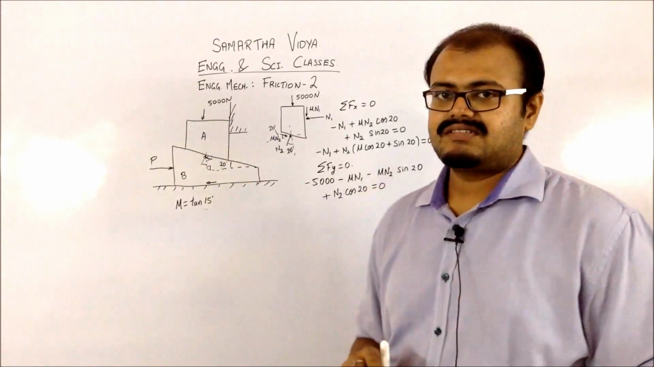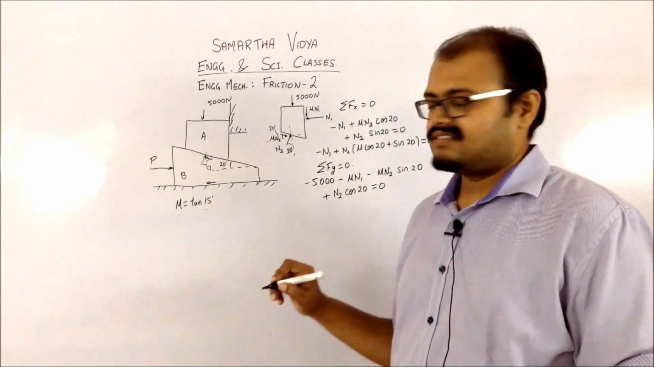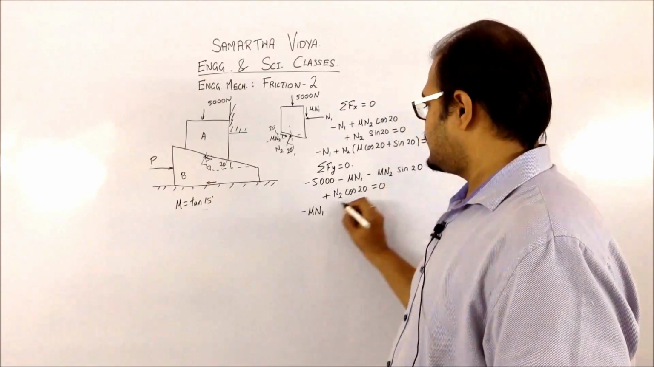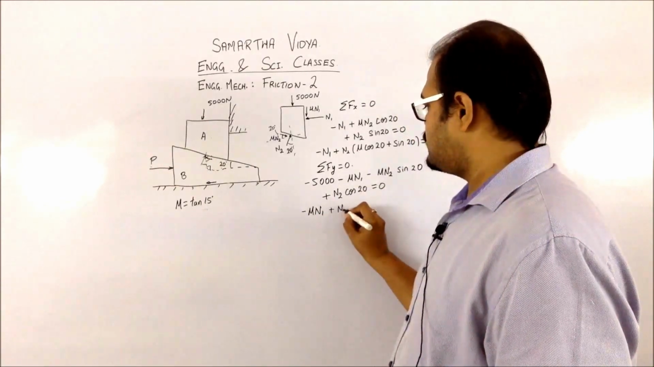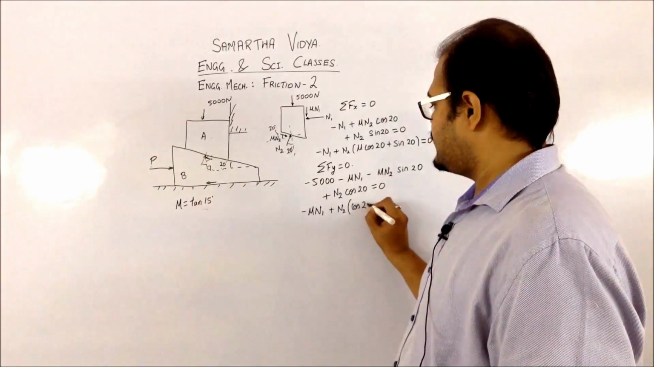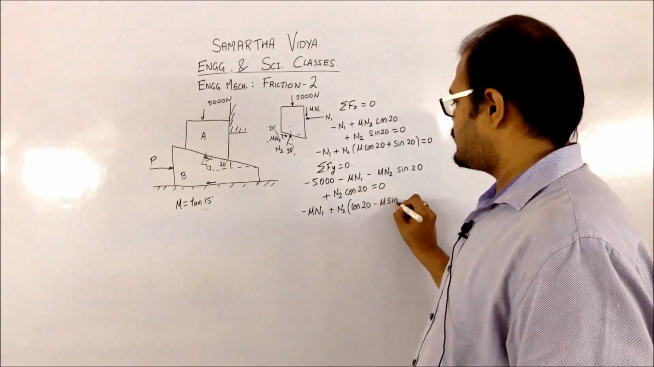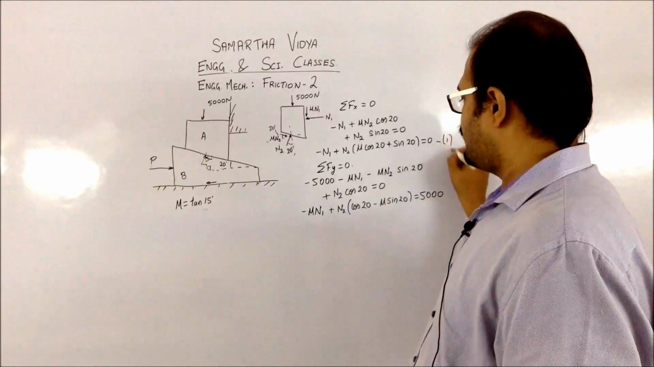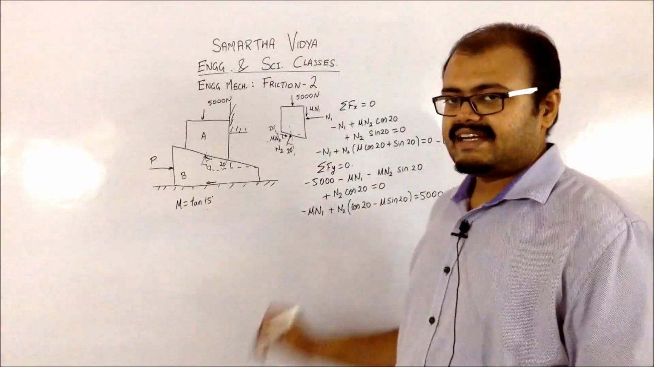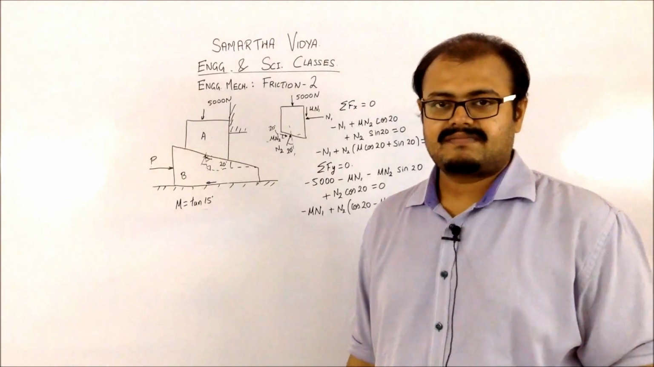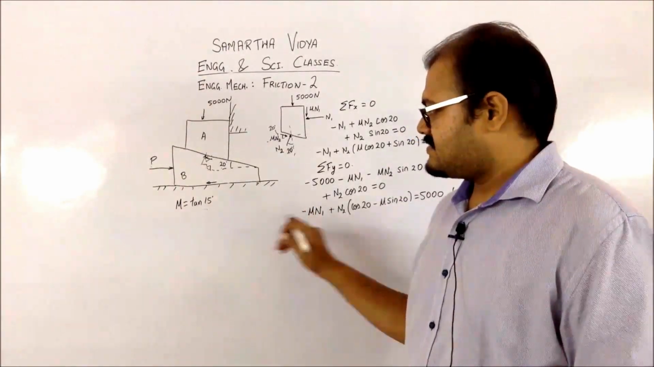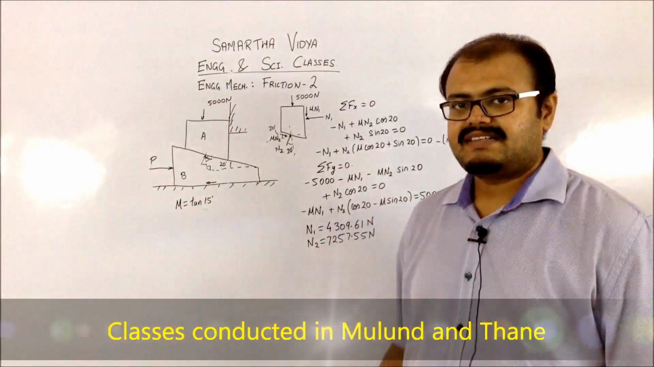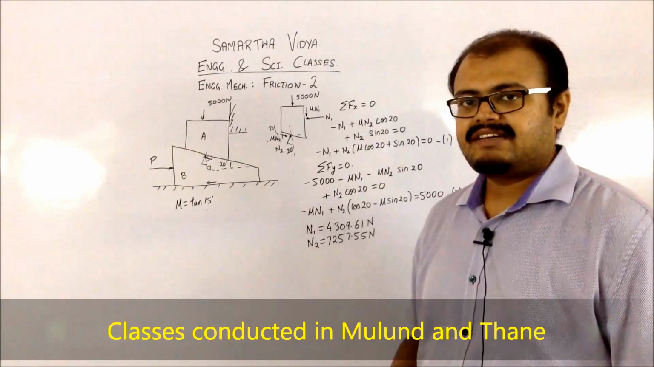This thing will be equal to 0. Then rewriting the equation, you will be getting this as minus mu N1, then N2 common, so that's going to be cos 20 minus mu sin 20 is equal to 5000. So solving 1 and 2, you will be getting the values of N1 and N2 from it. You know already that mu is given, so mu is to be taken as tan 15. So you will be getting the values of N1 and N2 by simultaneously solving them, then going for the FBD